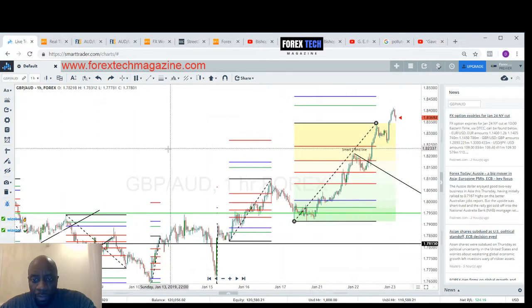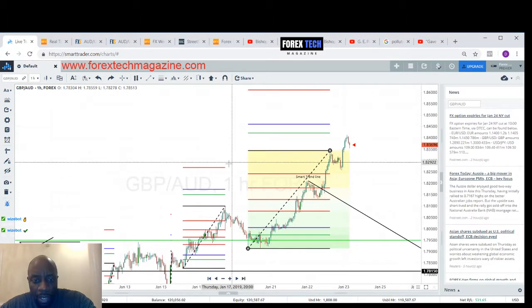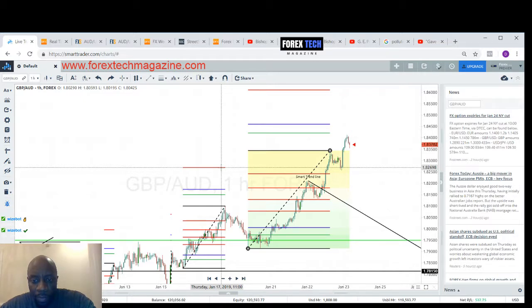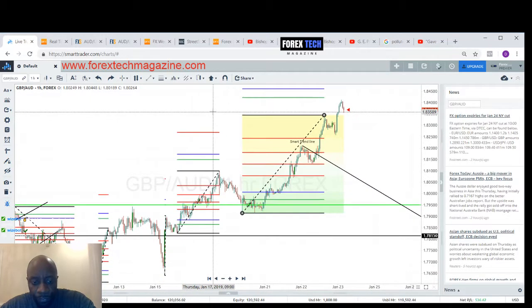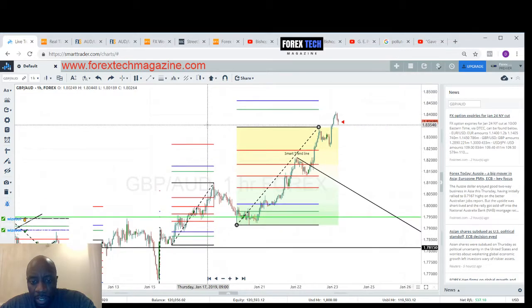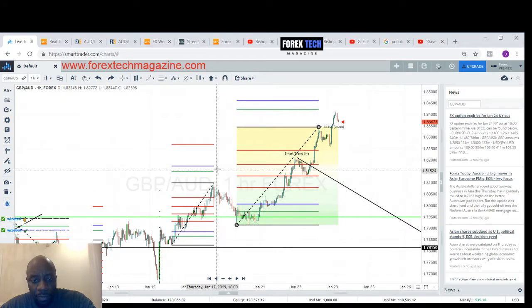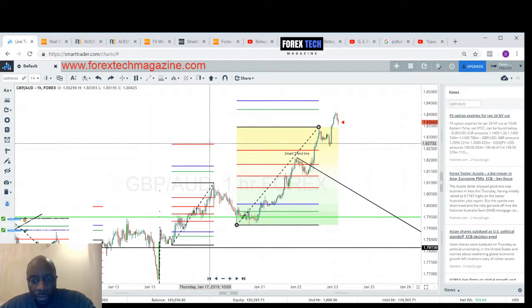This right here is the Great Britain Pound, Aussie dollar, and what happened is we hit our take profit the other day, which was here. And remember what we talked about, the smart Fibonacci's. Because we used a smart Fibonacci on this particular pair to get our levels, once it completed this Fibonacci sequence here, it automatically went in and drew the next fibs on the page. So this right here was our original take profit,